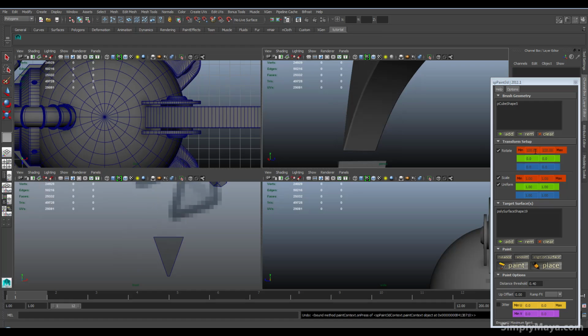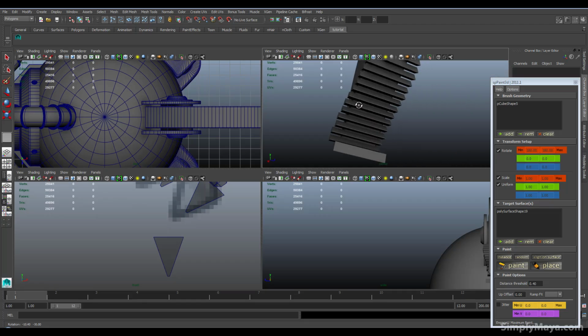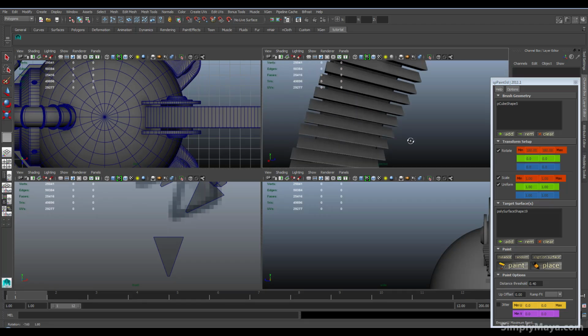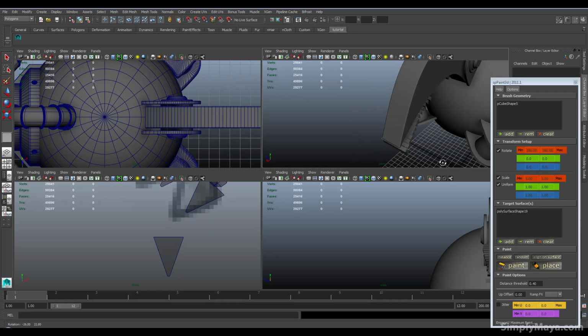Now we're going to want to change that rotation back to 180, and you can play around with scale as well, which is cool. And I can just paint teeth on here now. So I mean, there we go. There's all the teeth I would want, and I might need to tweak that distance threshold a bit, but you know, it's there. Really quick way